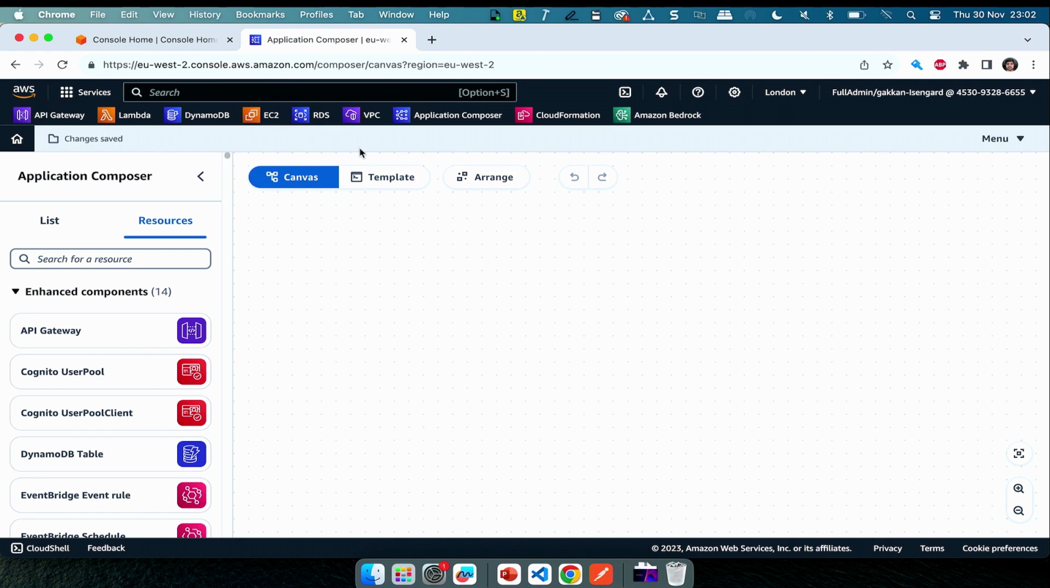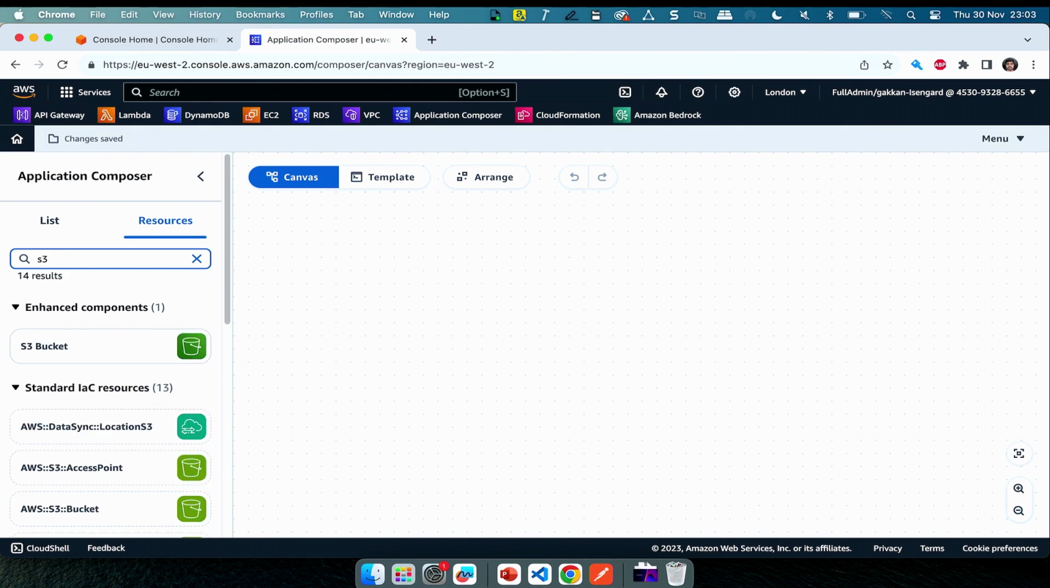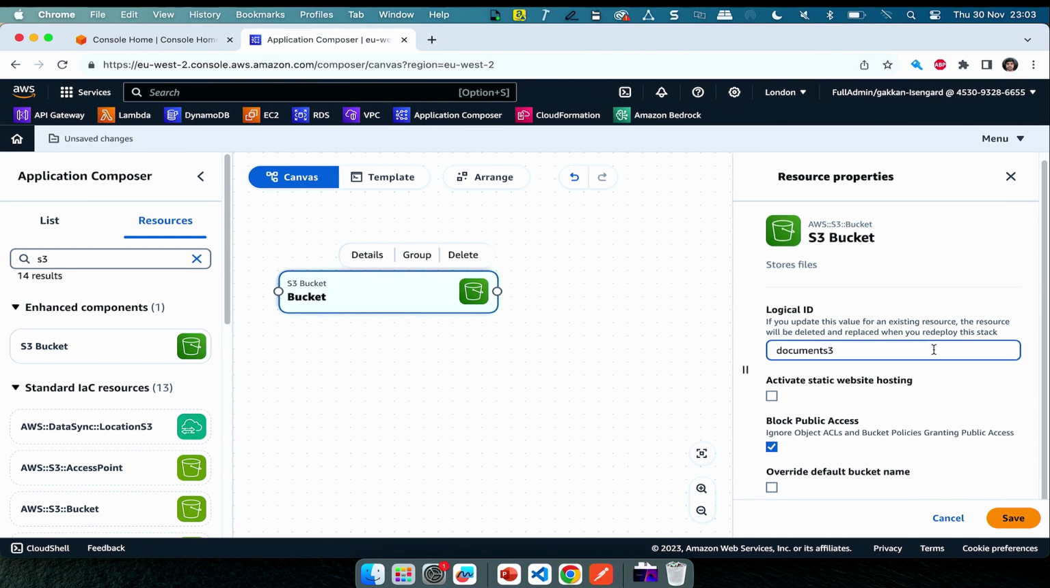Right? Let's start with our storage service. For that, I'm going to search for S3 bucket and drag and drop the S3 bucket into my canvas. So if I click on details, we can give it a name based on its purpose. I'm calling it documents S3. Now, if you notice here, by default, Application Composer is following best practices by blocking public access to